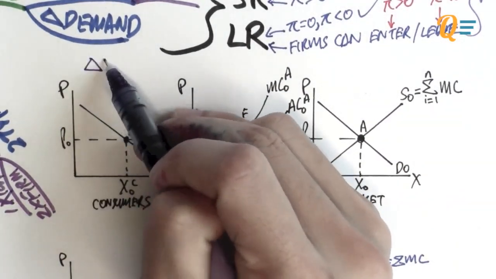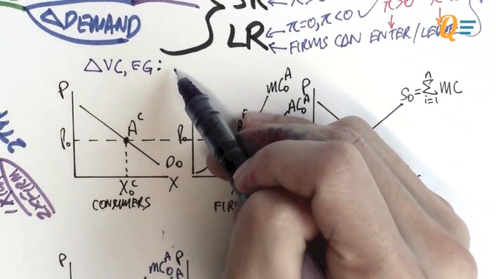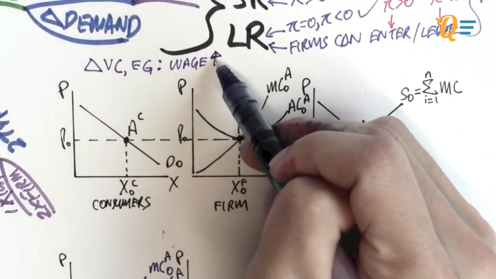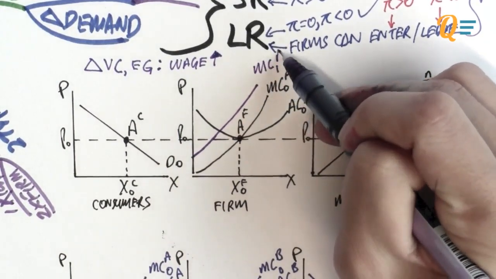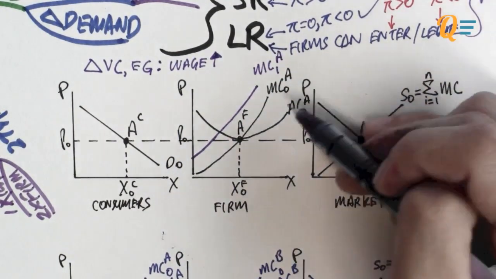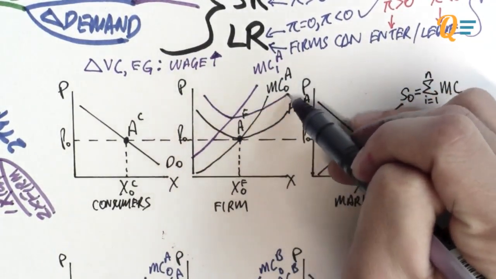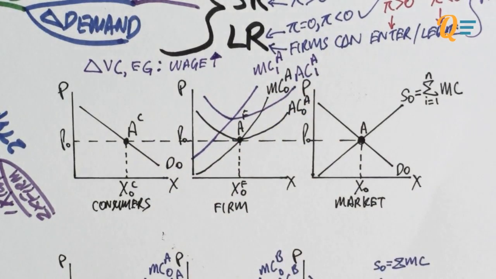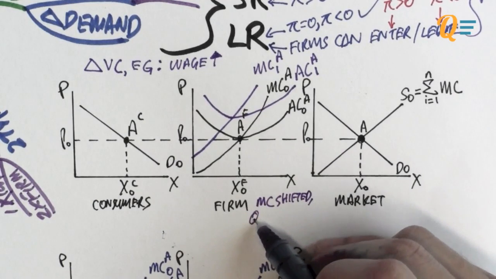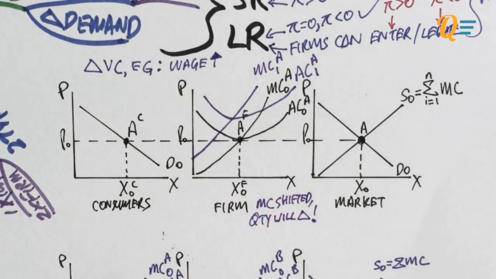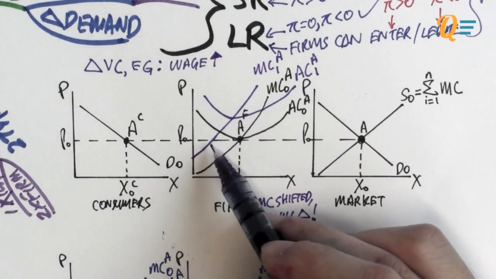So the scenario is this. Basically, there's going to be a change in the variable cost. Let's say there is an increase in wages. So obviously, an increase in wage is a variable cost. So what you know is that the marginal cost curve is going to shift upwards, and so is the average cost curve. If you don't understand why, please go back to the chapter 3 videos and do a bit of revision on how the cost curve moves when there's a change in variable cost. So notice that the MC curve shifted. Therefore, the quantity produced will change.